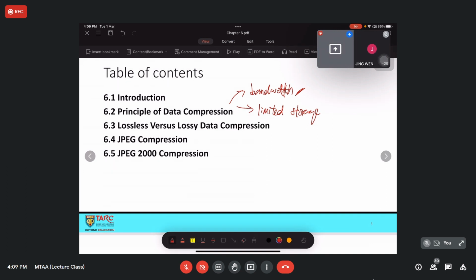Okay, the other thing is limited storage. So we all have very limited storage. What I mean by limited storage is that storage is not unlimited. No matter your hard disk, your pen drive, and so on, you all have a limited or finite amount of storage. So if the incoming multimedia is static or at a low level, then it should be fine.